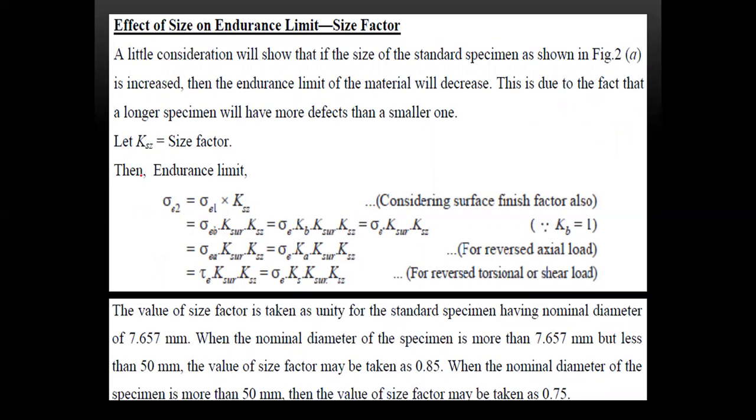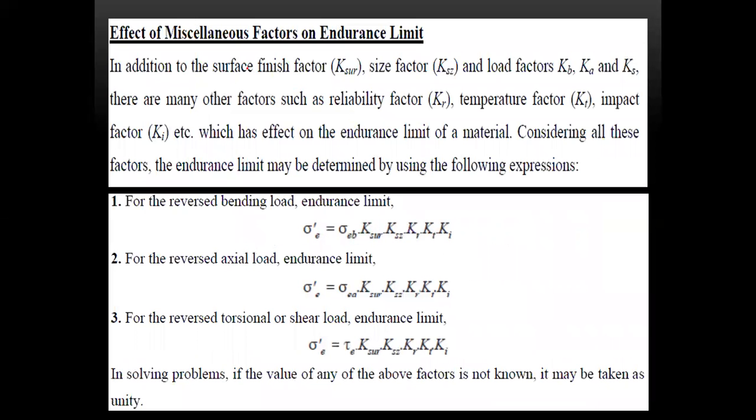For the size factor Ksz, the endurance limit sigma E2 is equal to sigma E1 into Ksz. For reversed axial load, this is the formula. For reversed shear load, this is the formula. Next, the miscellaneous factors on endurance limit: surface roughness factor and size factor. For the various temperature factor, reliability factor, and impact factor, the various expressions are as follows. For reversed bending load, the endurance limit